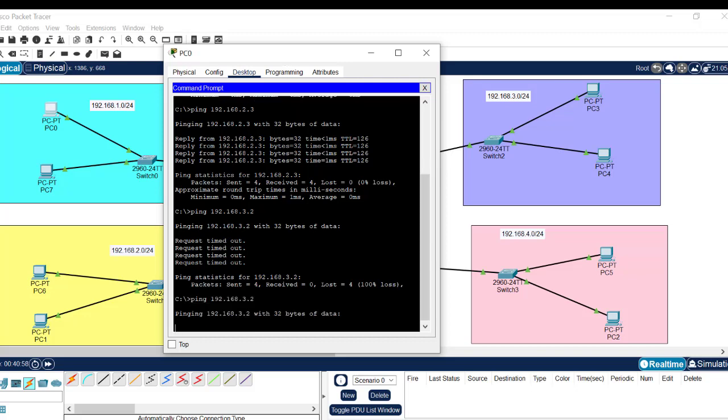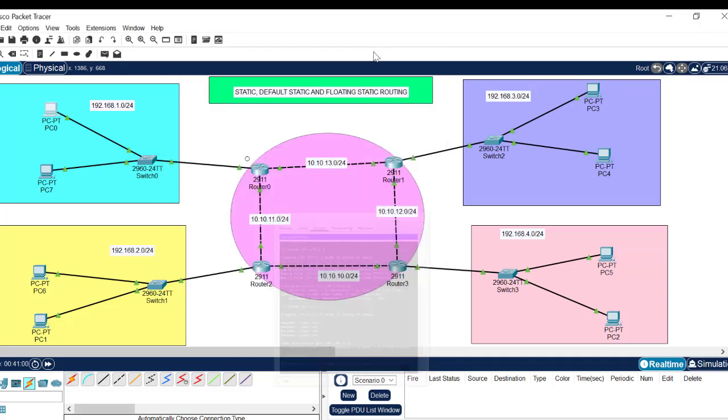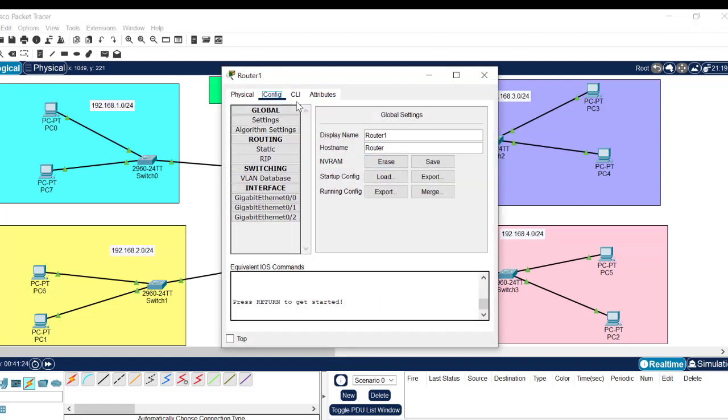If I ping it again, it won't communicate because although this router knows that there's this network in the topology, this router here doesn't know that there's this network in the topology. So let's make this router know that there's this network in the topology and try to ping again. So I come to this router, I come to the CLI,